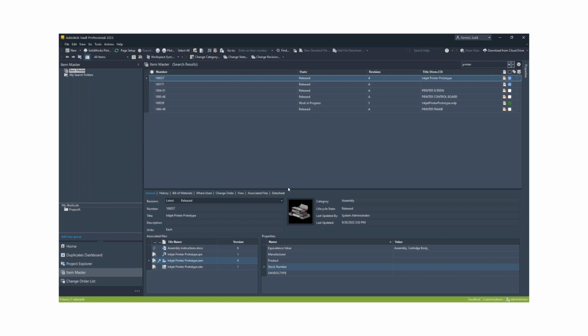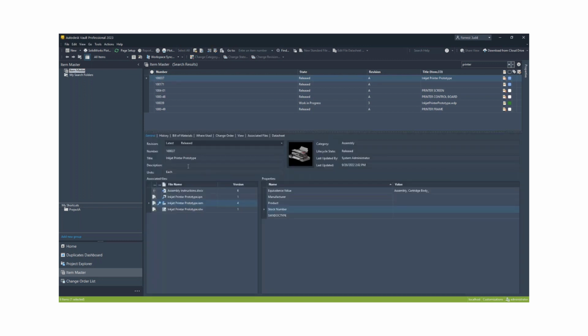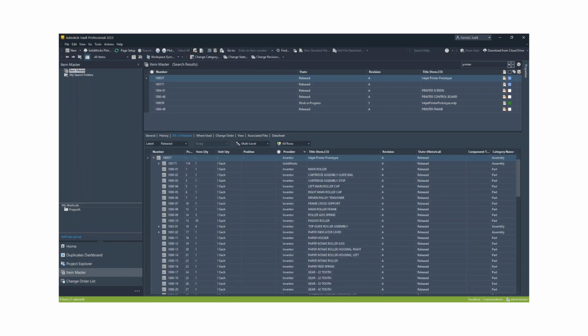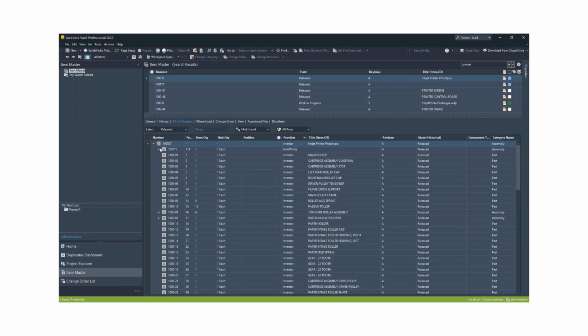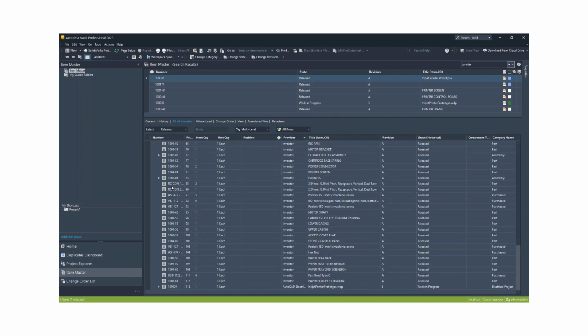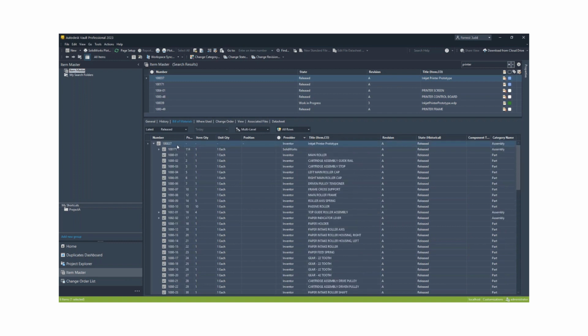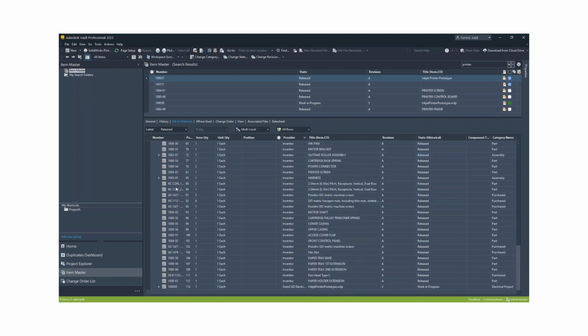This is the part number for my printer, and mostly that same bill of materials that I had in Inventor, I have now here in Vault as well. But this BOM is a little bit different, because whereas in Inventor, I just had all of the components that I drew in Inventor,